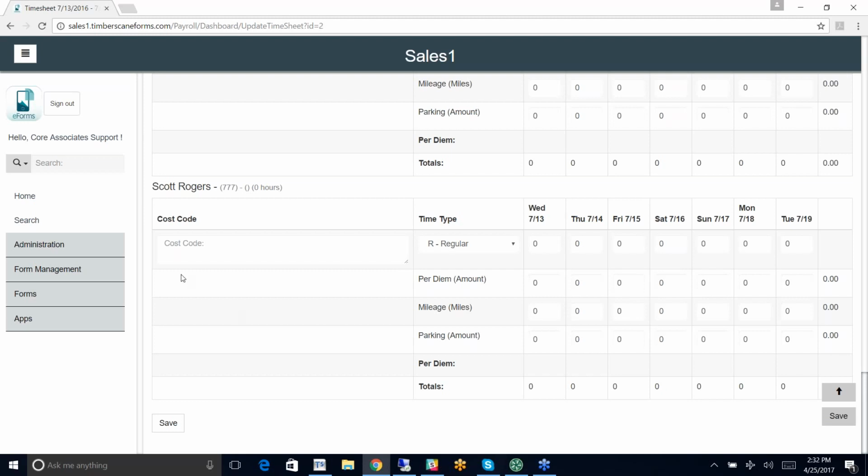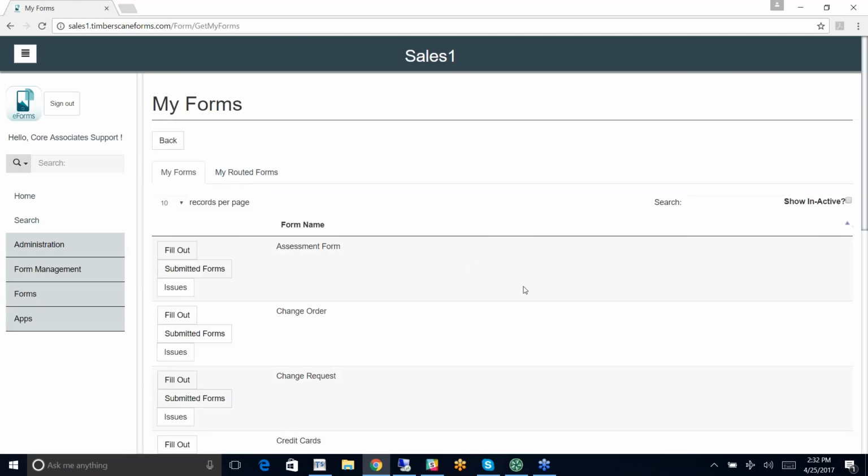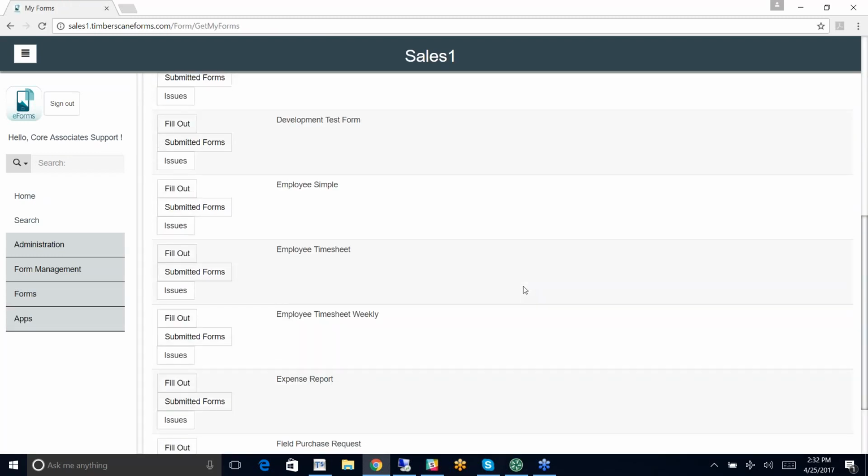So there are lots of different flavors and lots of different options with respect to how people are using the application. We have some clients who want to be able to create what's called a daily report. So what they've done is they've created a form for people to fill out,